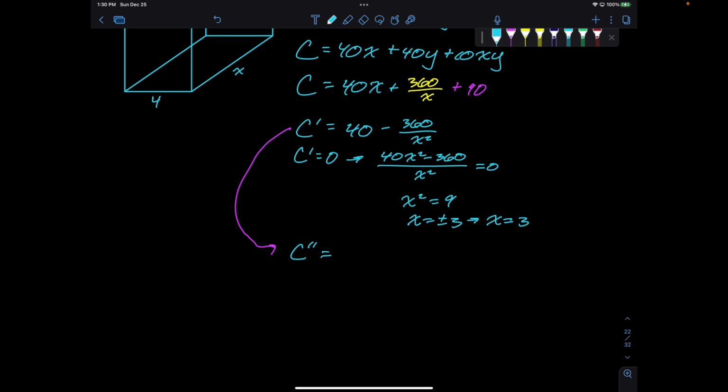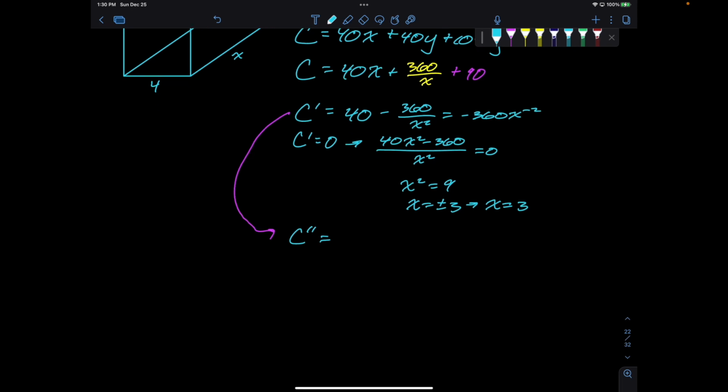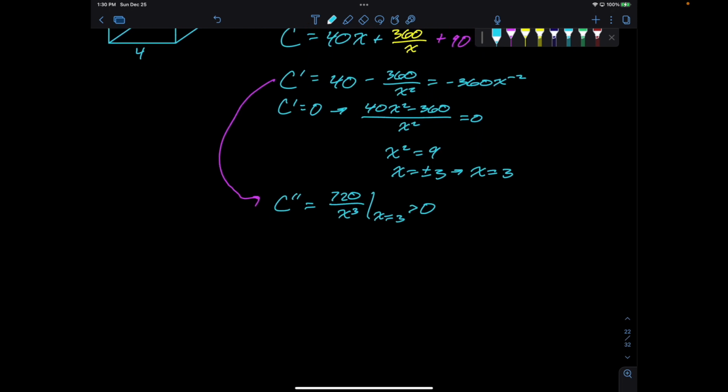So it's going to be negative 360, so we could think of this as negative 360 x to the negative second. So that'll be 720 over x cubed. It's really 720 x to the negative third, such that x equals 3. The relevant thing is that this is greater than 0. Okay, so since C prime of 3 is 0, and C double prime of 3 is greater than 0, C of x has a relative minimum